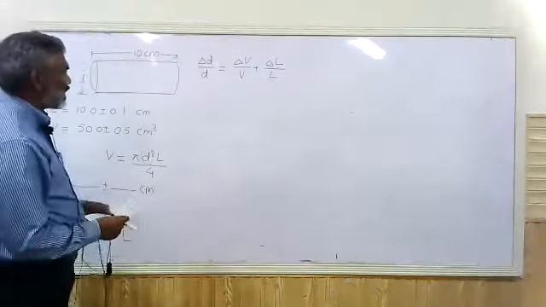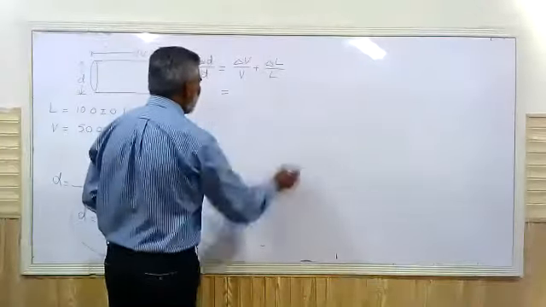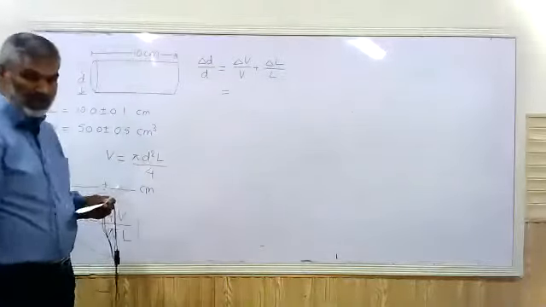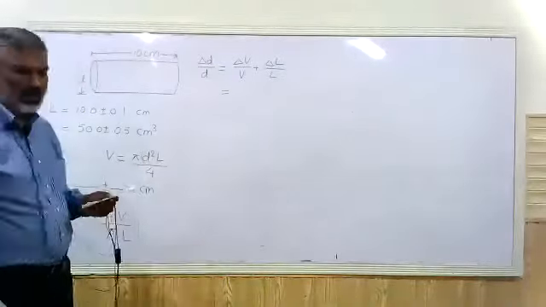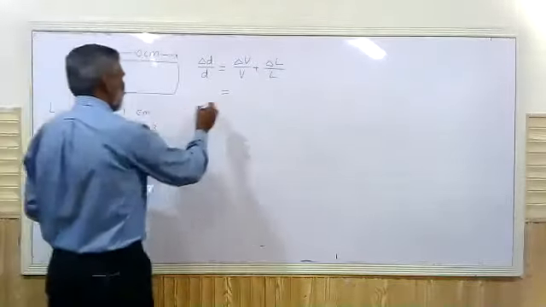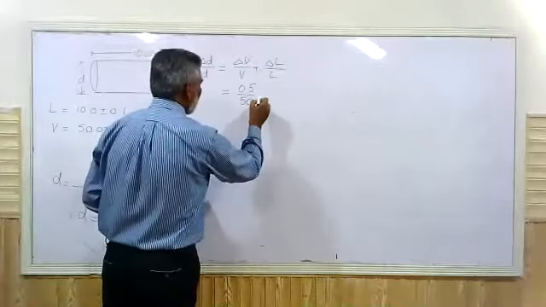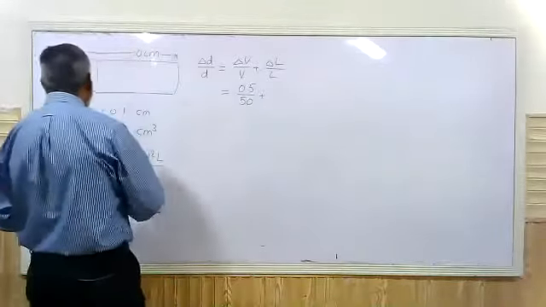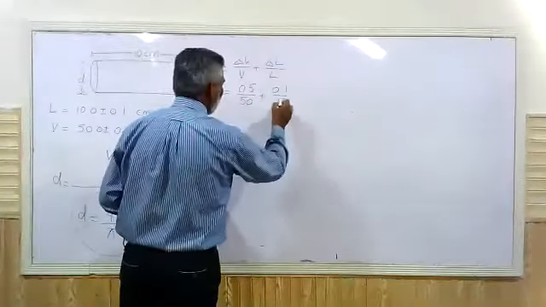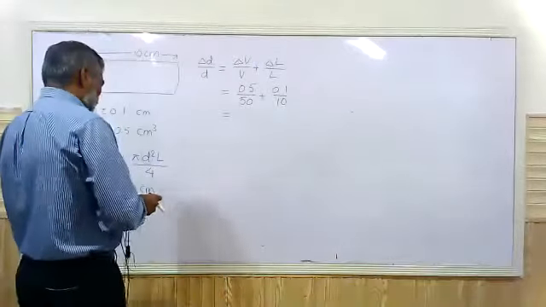So the next step is that we quickly calculate the total fractional uncertainty on this side, and that will of course be equal to the fractional uncertainty in the value of diameter. So delta V over V, which means 0.5 over 50, plus delta L over L, 0.1 over 10. We simplify this, and